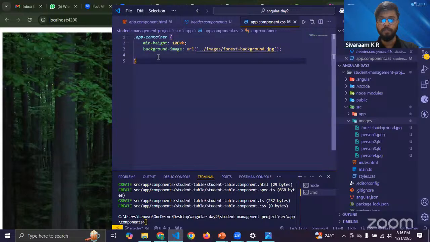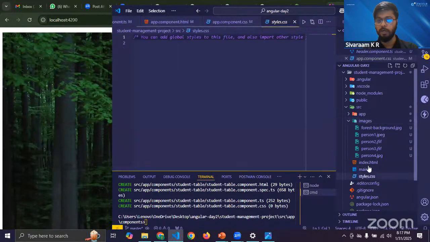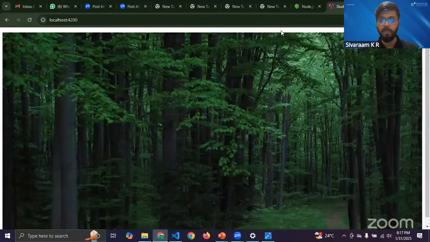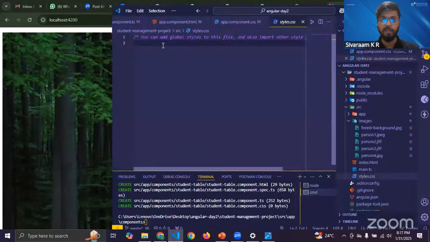For example, say if you want to write some styles which you want to affect throughout your Angular application, you need to write it inside your styles.css. You can see Angular calls this your global styles. That means whatever code you write here, it affects all your components. So to remove all this white, which is unnecessary paddings and margins,